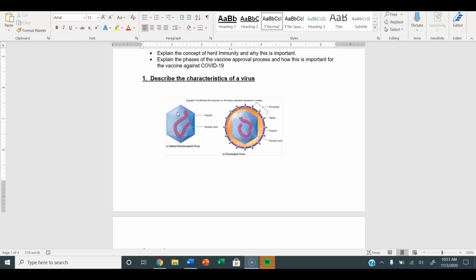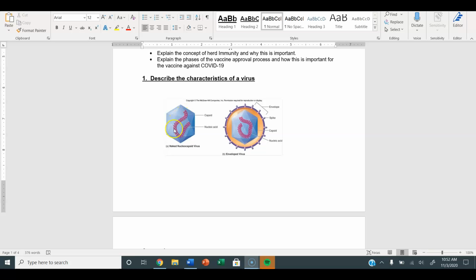If we look at the structure of a virus, all viruses have a nucleic acid. One thing to remember is that their nucleic acid can be DNA or RNA. Inside the nucleus of a eukaryotic cell, or even in prokaryotic cells, the nucleic acid is DNA that carries the genes. They use DNA, then make some RNA to make proteins. Viruses can start off with DNA or RNA, and one of the videos is going to talk a little bit more about that.